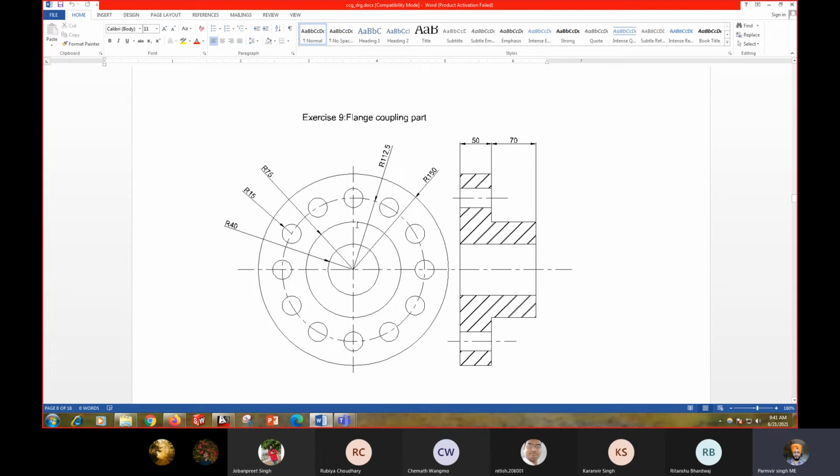You can see the projection of this circle is this line. So the radius is 75 mm. So let's create a radius of 75 mm. You can also subtract: you can find out the difference between 150 and 75. So 150 minus 75 is 75.